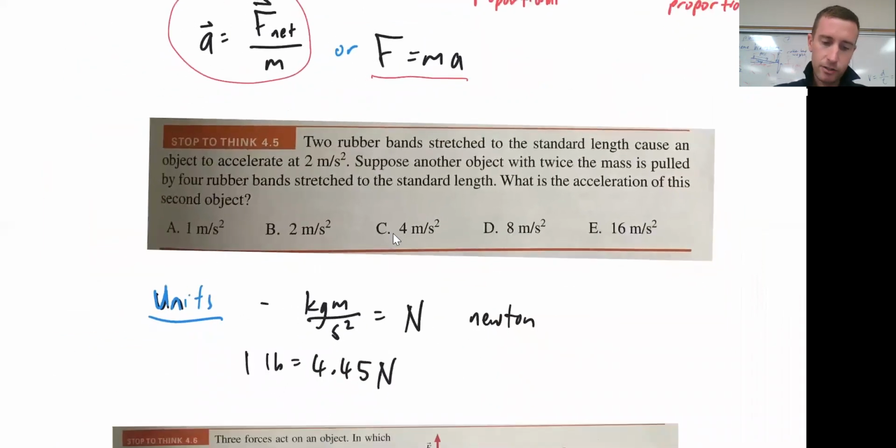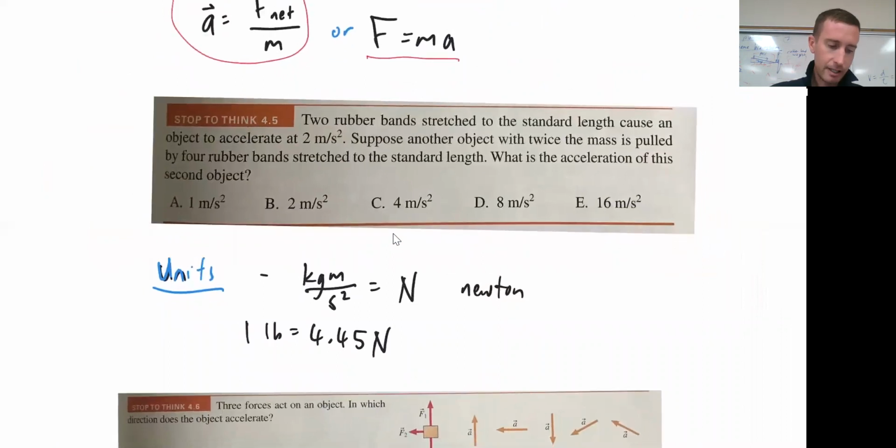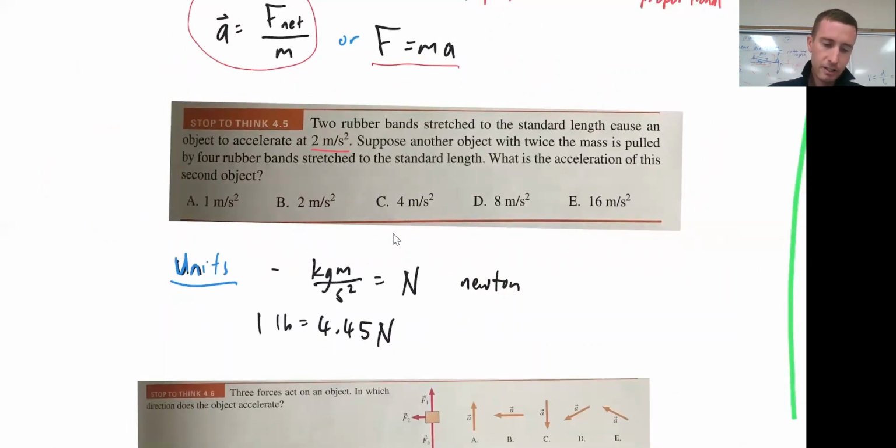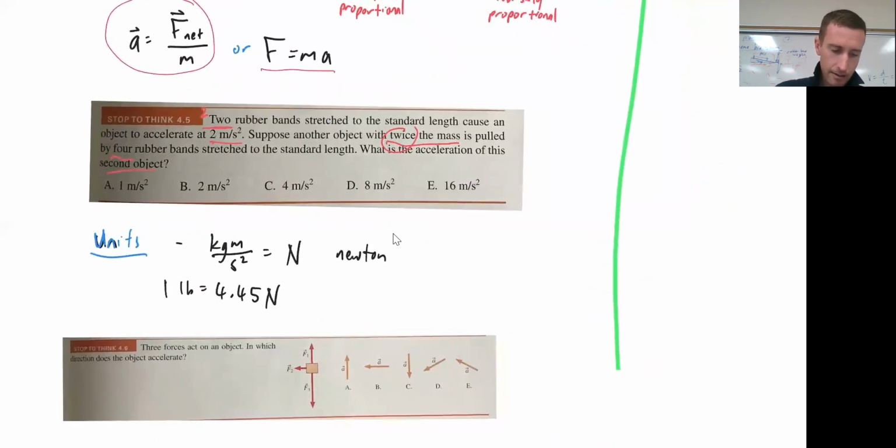2 rubber bands stretched to the standard length cause an object to accelerate at 2 meters per second squared. Suppose another object with twice the mass is pulled by 4 rubber bands stretched to the standard length. What is the acceleration of this second object? Okay. So I had 2 rubber bands, so that is a force of 2, and it caused an acceleration of 2. Another object with twice the mass, so I'm going to write out my equations here, right? So I know I've got